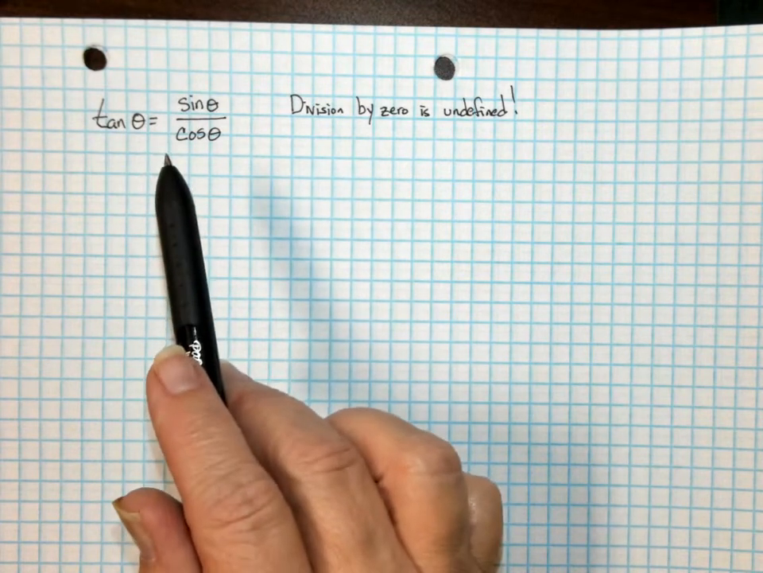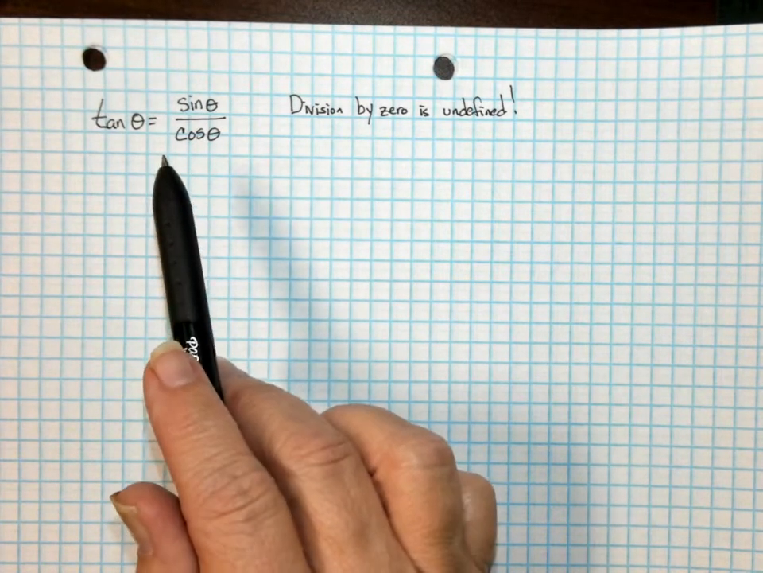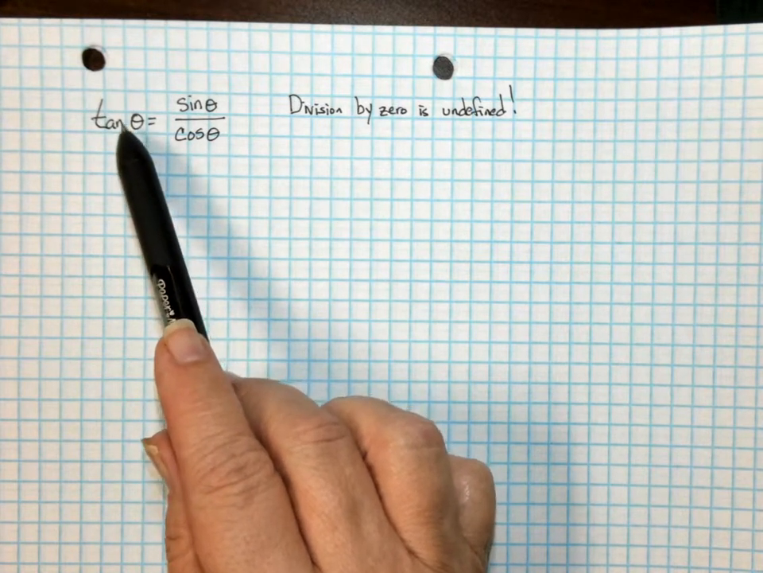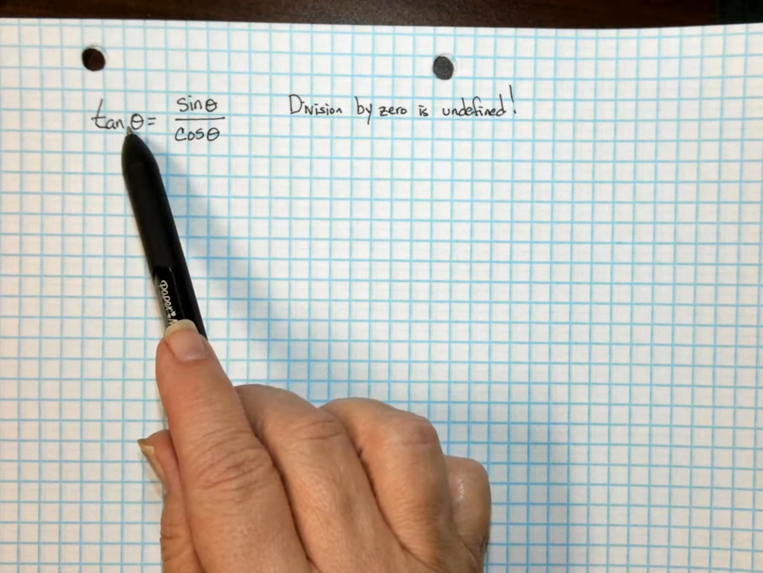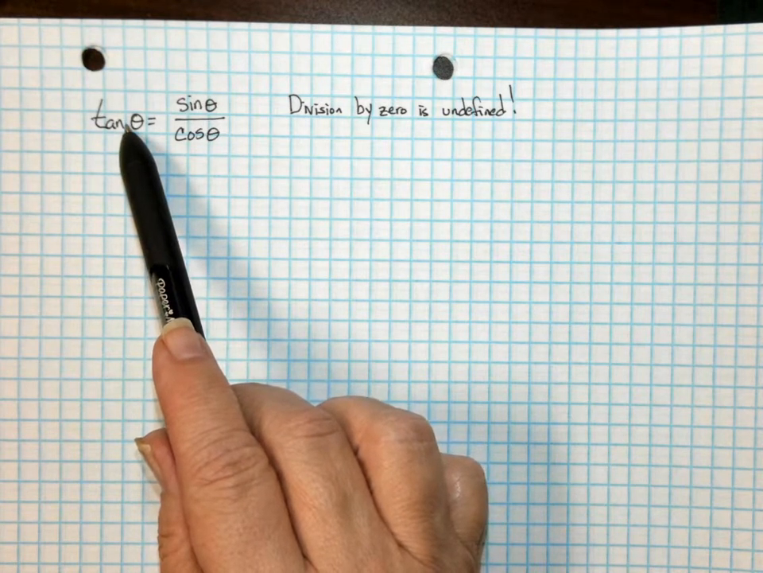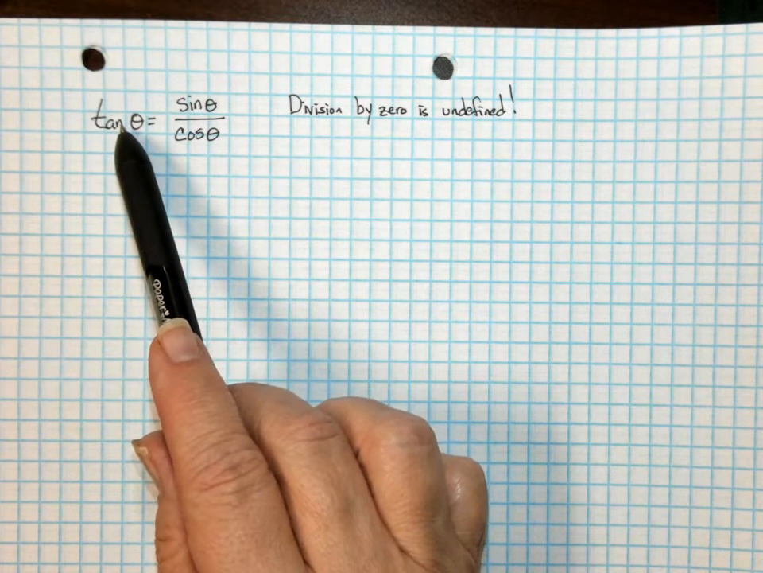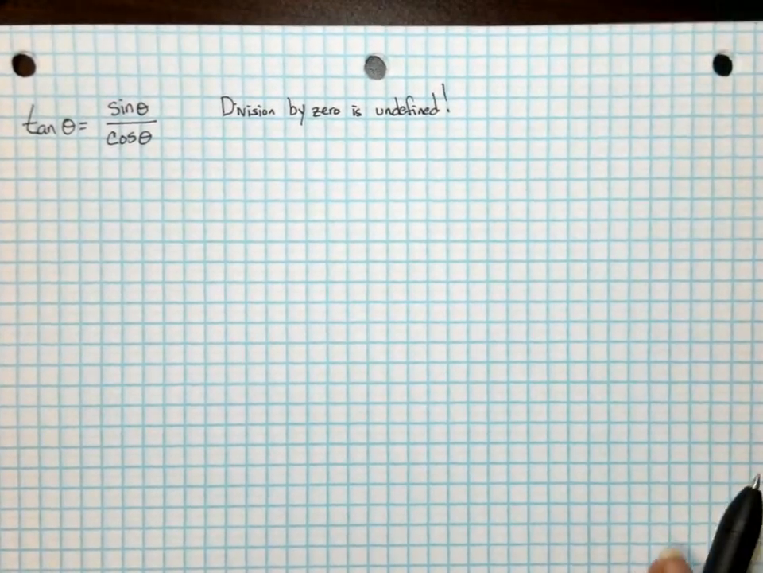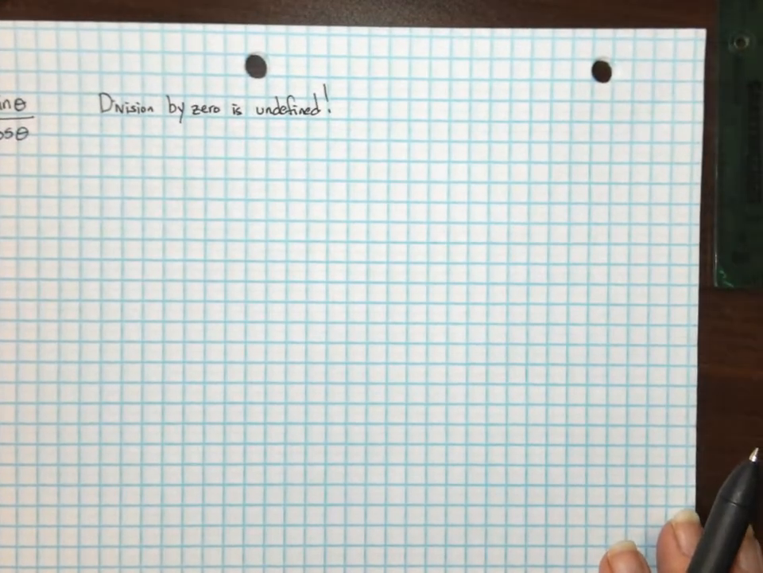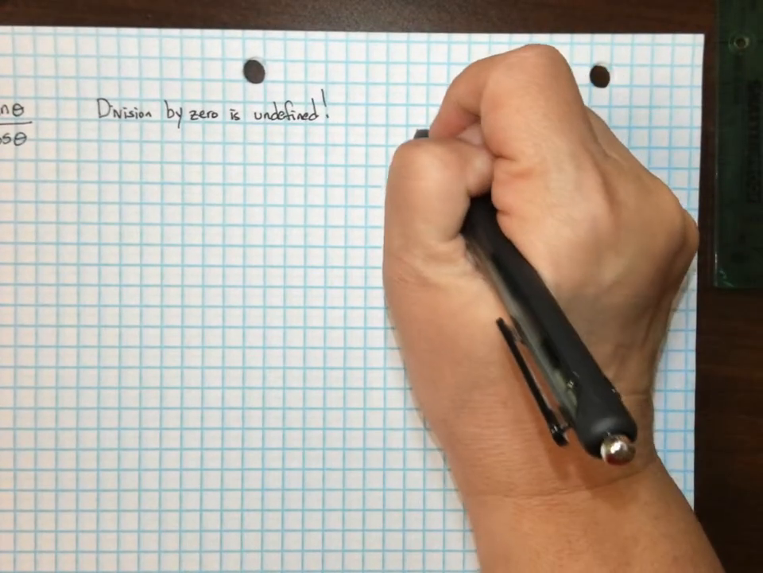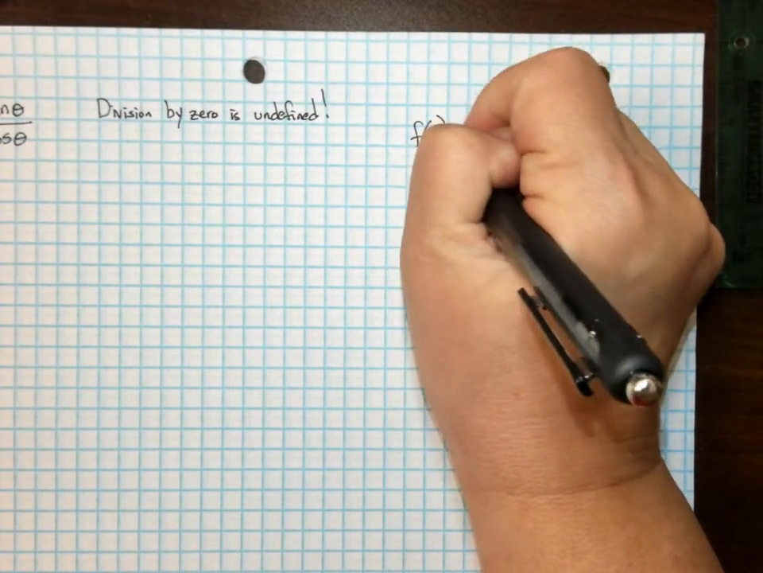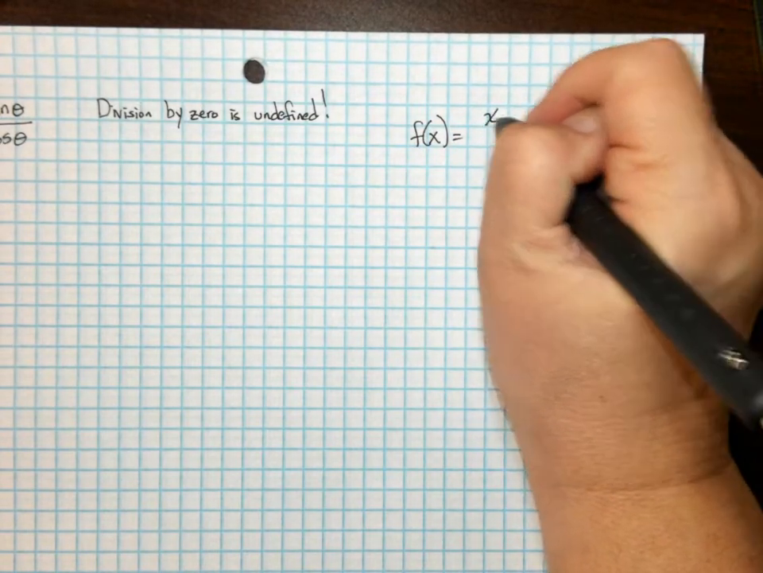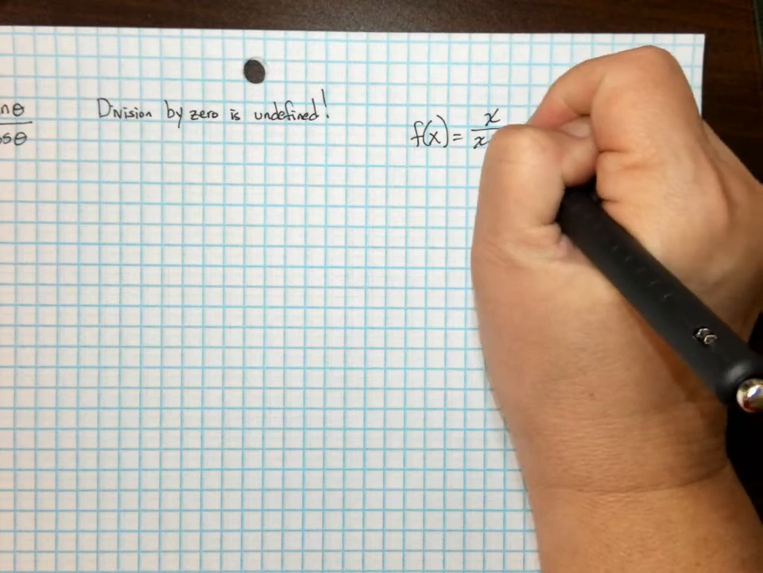And what's going to happen on a graph when we have an independent input that's undefined? Something's going to happen, right? So let's take a little side step here, a little detour. If I had f of x is equal to, let's say, x over x plus 3,